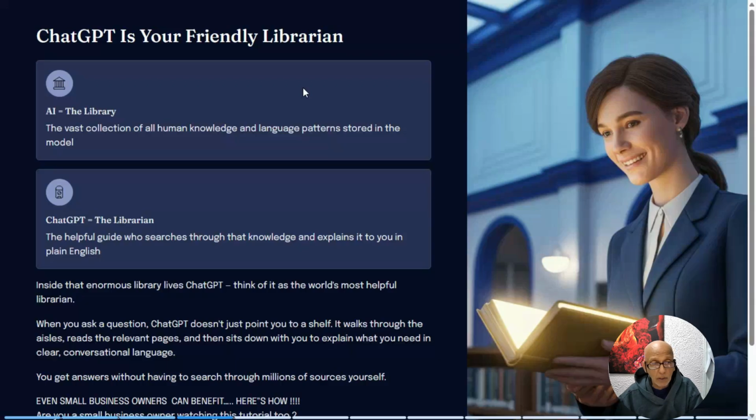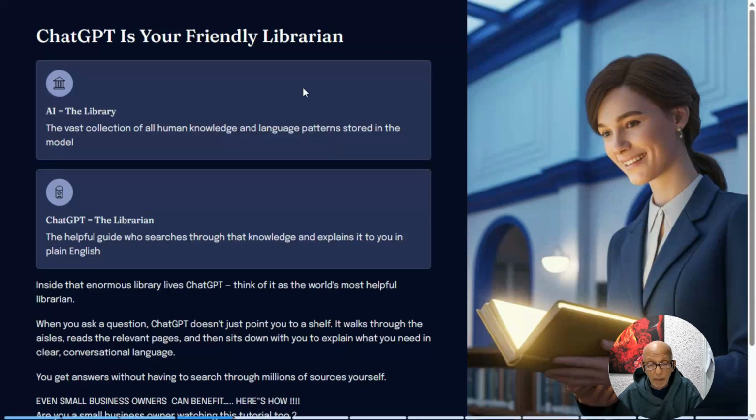Okay, so now let's look at what it's trying to say here. So AI is what? The library. Okay, so the LLM is the library. So now let's look at what ChatGPT is, because people confuse ChatGPT with the LLM, the two separate parts. So ChatGPT, look at it as the librarian you speak to when you go to the library. You go into the library. Remember when you used to go and do school reports?